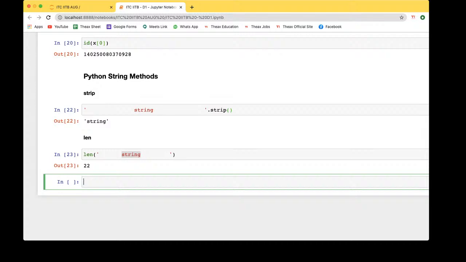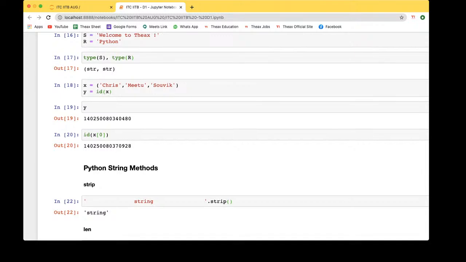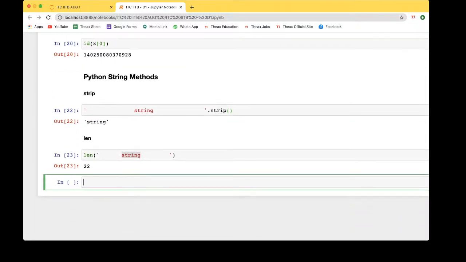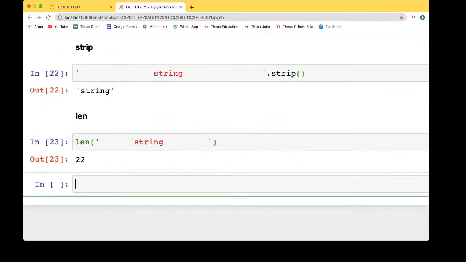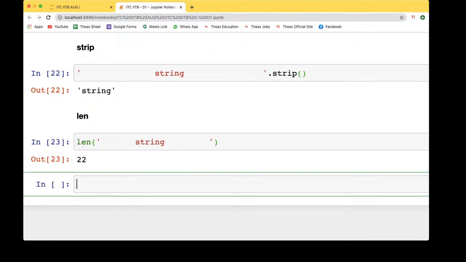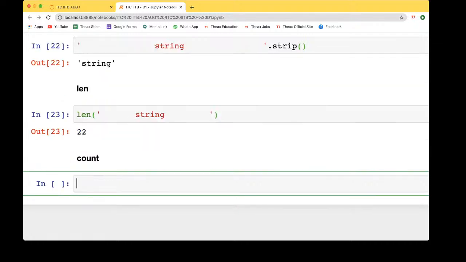So Navneeta is asking, what is the type of X? So type of X is the tuple. We'll be reading those. Fine. So now the next one we are going to read is count. We'll have to quickly complete these things today, so we can move to the data science part from tomorrow.